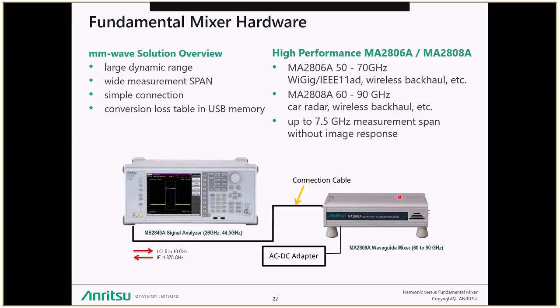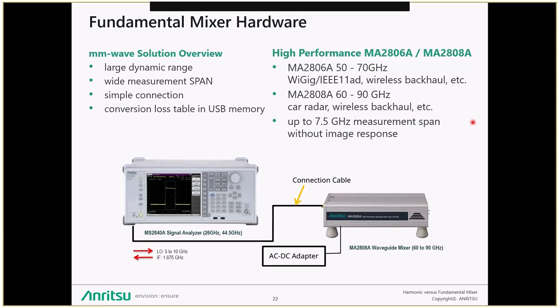And we can have a conversion loss table in a USB memory that can be loaded in the spectrum analyzer, so all this conversion loss can be subtracted from the measurement. We have two units covering the V band between 50 and 70 gigahertz, and also the E band between 60 and 90 gigahertz. The first one is focused mainly on WiGig and wireless backhauling, and the second one can cover all car radar manufacturers